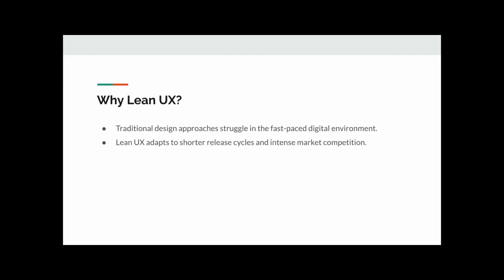Right? Now, the most important thing that we have to think about is that we are starting this chapter. This is just the beginning. Now, this question should always pop up in your mind: why Lean UX, why is it necessary, why is it important to have a Lean UX mindset for developing any product? So if you go back to the 1980s or 90s, the manufacturing processes were basically,